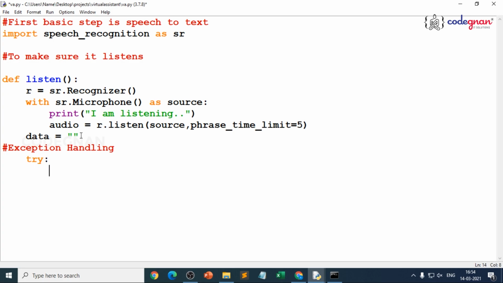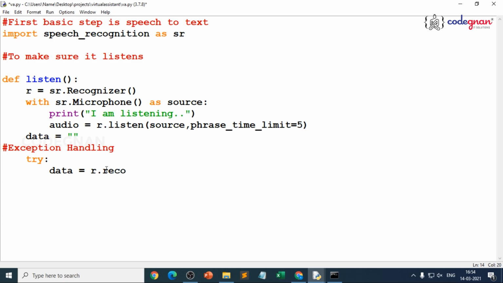What will the try block do? It will try to execute whatever piece of code we give. So in try, we give data is equal to whatever we speak, it should recognize, r dot, because r is our recognizer, and SR is our speech recognizer. Every variable is defined, you should see it here. R dot recognizer, you are taking the input with the listening function.